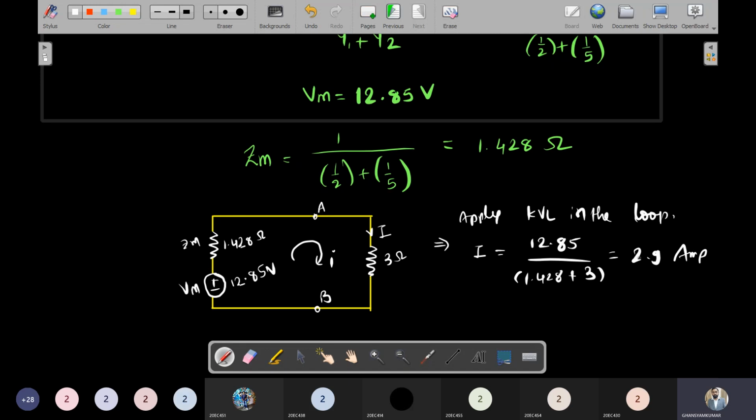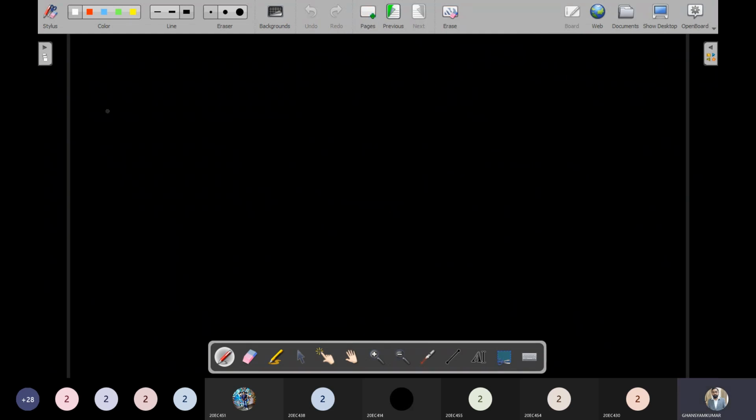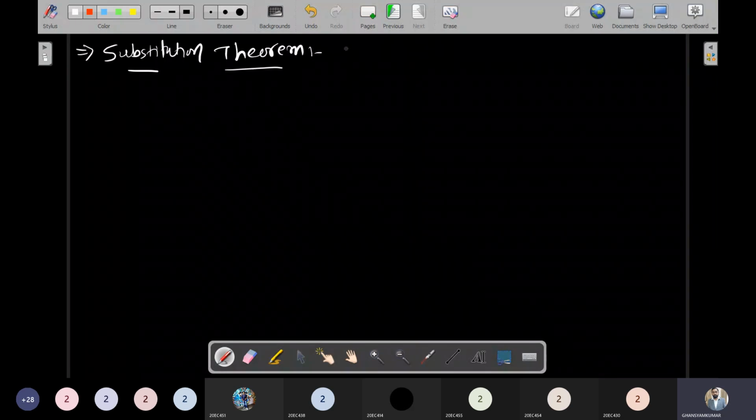Okay. So we are going to see the last theorem of this unit, that is known as the substitution theorem. So I'm writing the statement of this substitution theorem. The substitution theorem states that